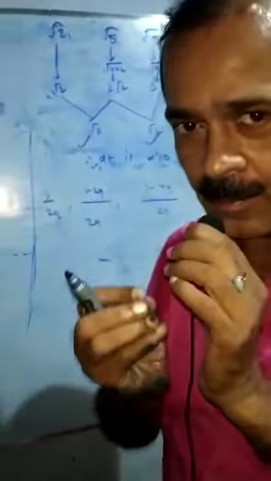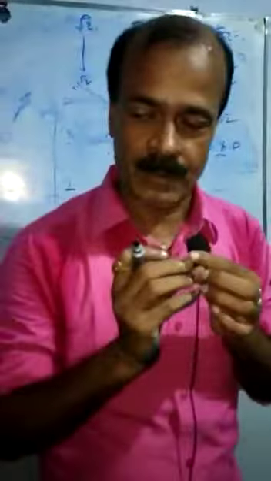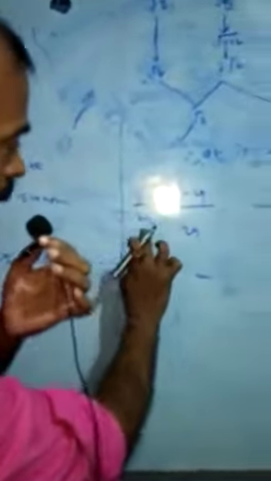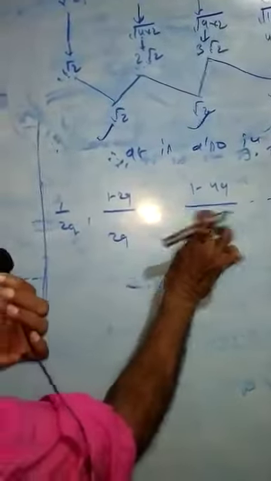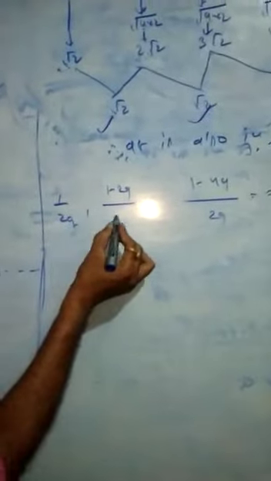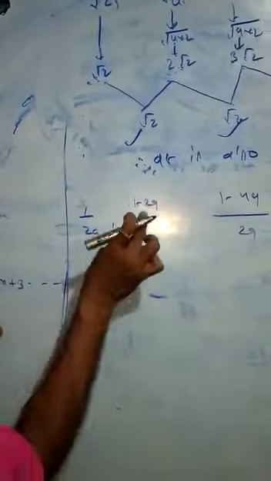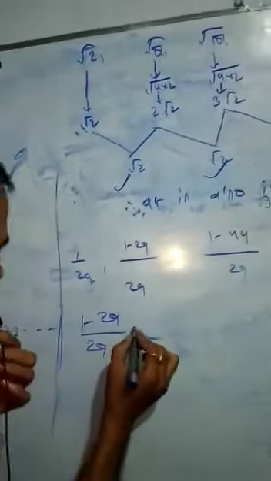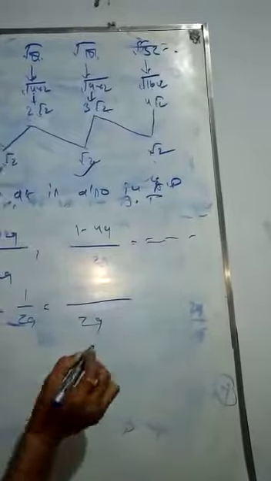Now one algebraic example, with alphabetical terms. I am citing a question based on this, and it will help you to understand clearly. Suppose here is the series, a progression. This is the first term, second term, third term, and so on. Again we will get the difference between this and this: second term minus first term, which is (1 minus 2q) by 2q minus 1 by 2q.